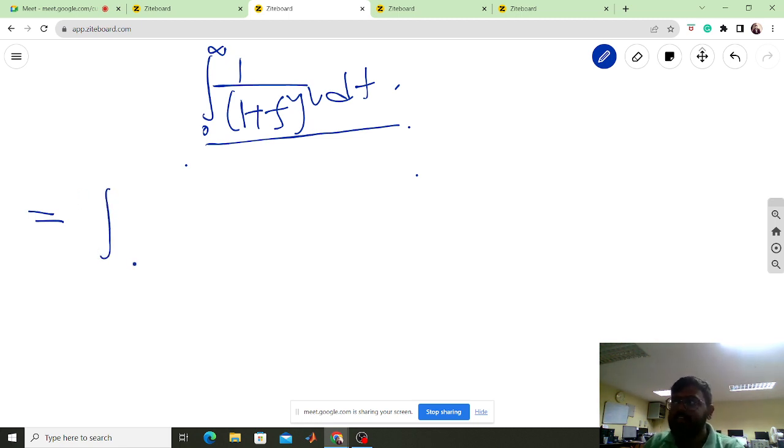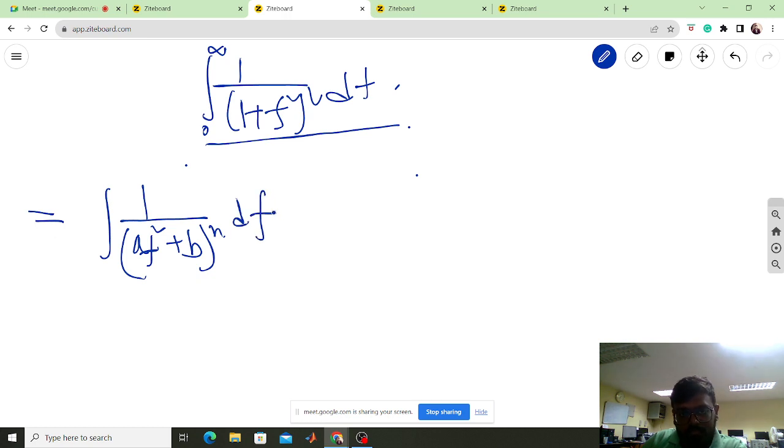I'm just writing this integration reduction formula here. That can be written as